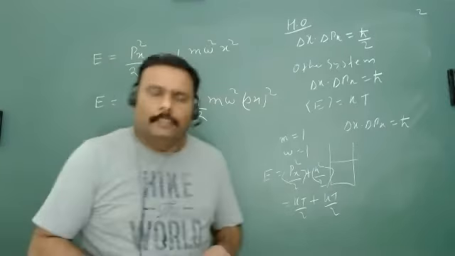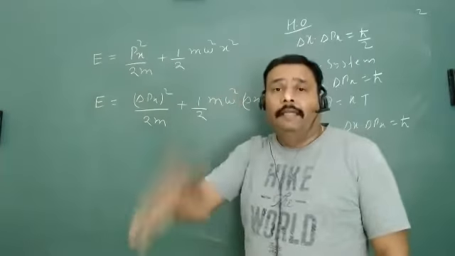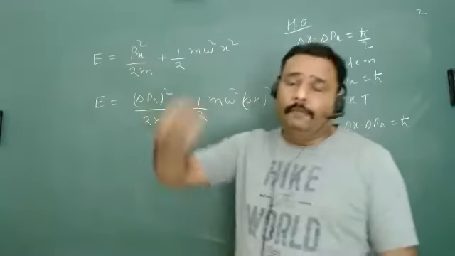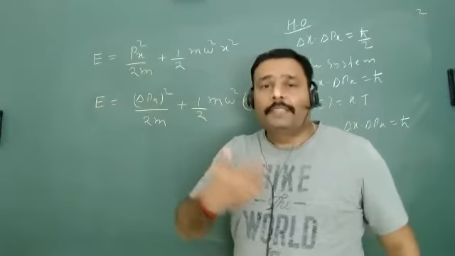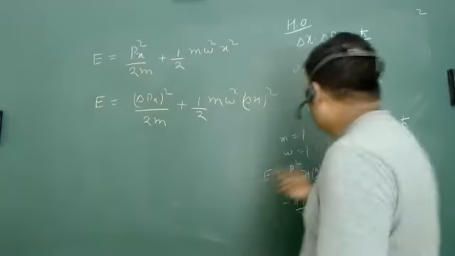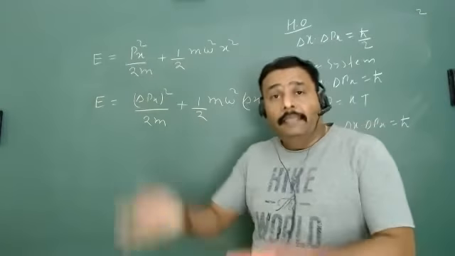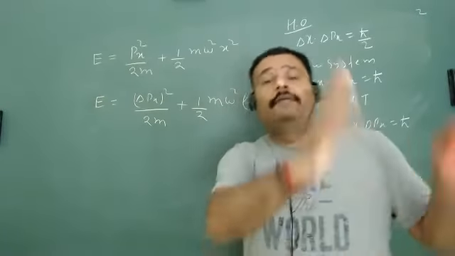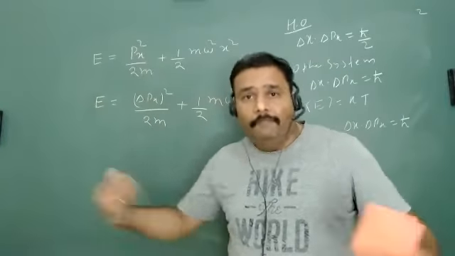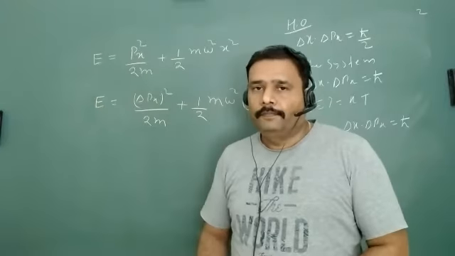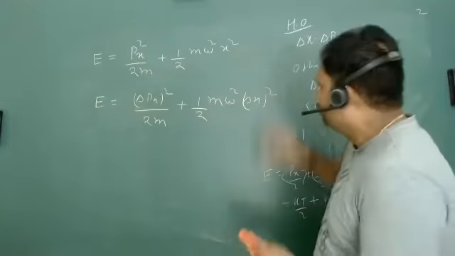Even if you take any value of omega and any value of mass, it is my personal feeling that in thermodynamics you will get kT by 2, and in quantum mechanics we get the same average kinetic energy and the same average potential energy also. Everywhere I am getting the same kind of thing. We will show you when we go into quantum mechanics and discuss the harmonic oscillator.